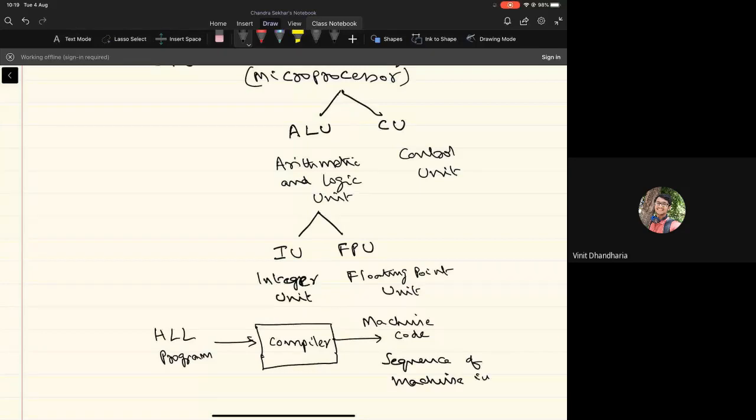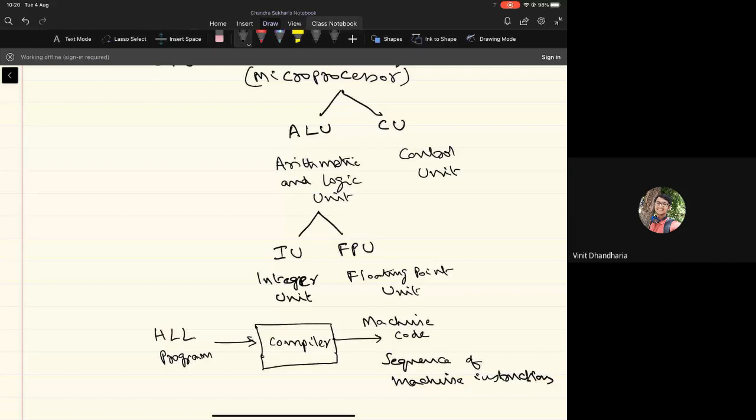Typically, these machine instructions are going to be different for the different types of processors. And the compiler has to be accordingly designed to convert any given high-level language program, let's say a program in C, to the sequence of machine instructions of the particular processor. And of course, you'll be studying in more detail about the design of compilers in a separate course